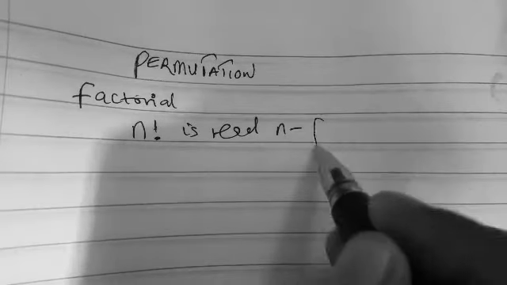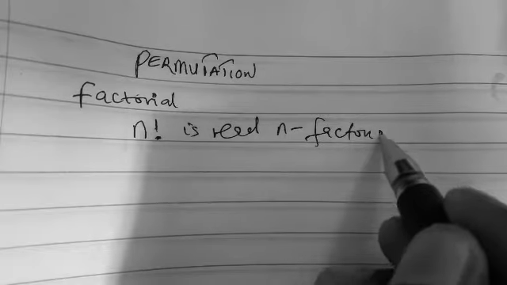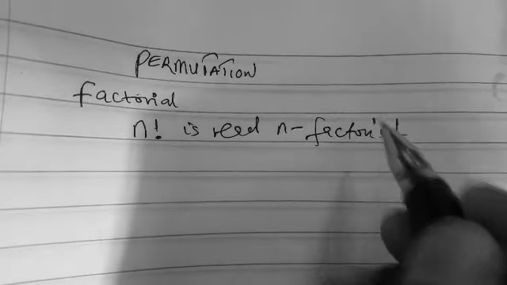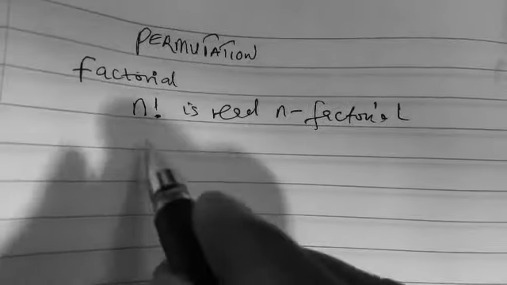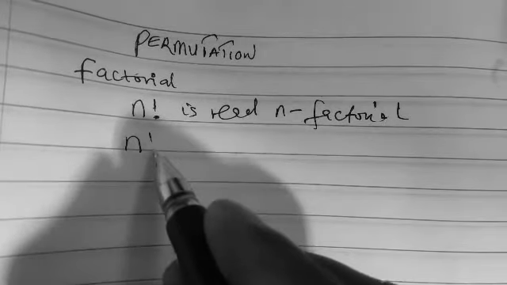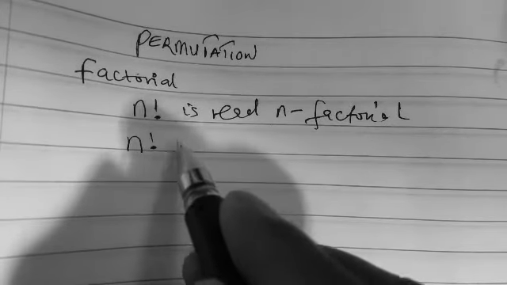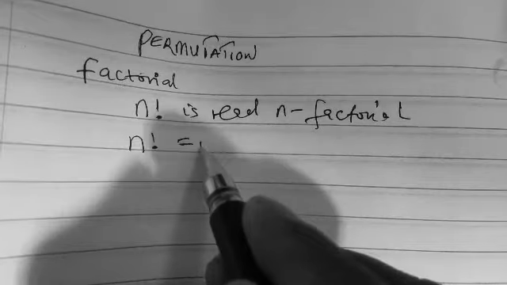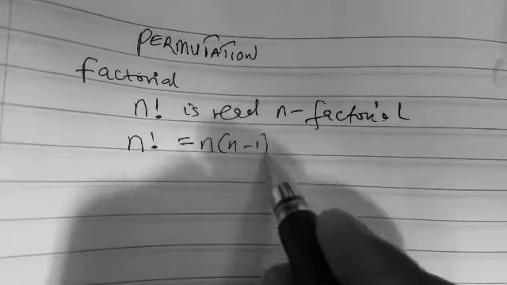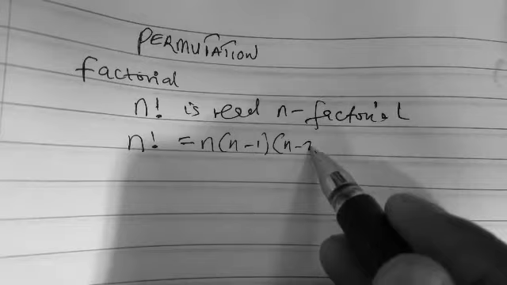We have to study what we call factorial. This factorial, we read as n factorial. So n factorial is defined to be equal to n times n minus 1 into n minus 2